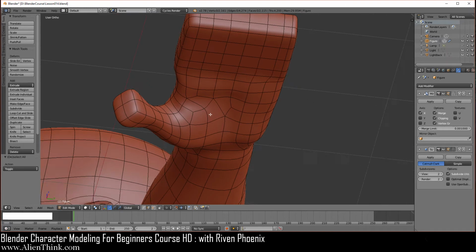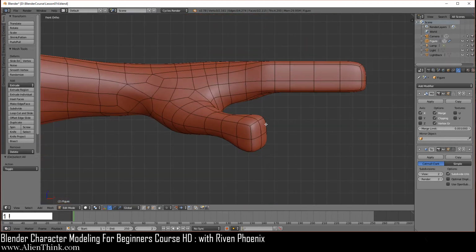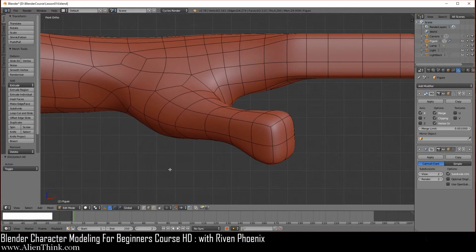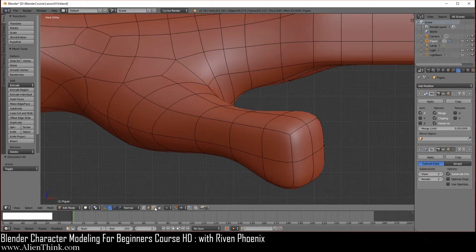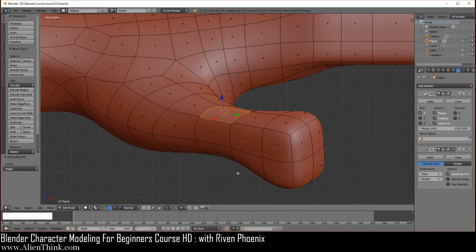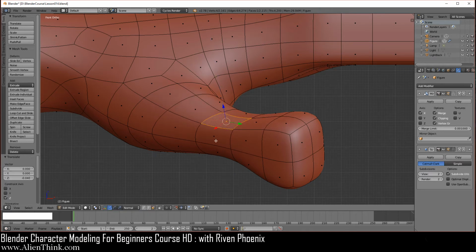So now what we're going to do is go back to the front view over here, and we have to now switch back to normals, okay? This is where we're going to use normals again. So go ahead and click on the face select mode, and click on this face over here. Now you can see where this blue arrow is, so just bring it down 1, 2, 3, 4, okay? Now I'm going to show you some advanced concepts over here.